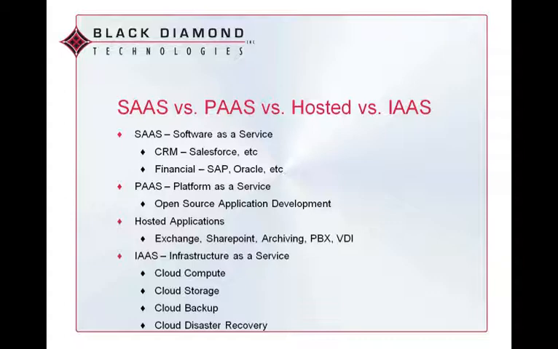a majority of the activity in cloud right now is either around hosted applications or infrastructure as a service. Hosted applications, things like Exchange, SharePoint, archiving, VDI, are wholly owned, packaged up infrastructures in the cloud for that application, whereas infrastructure as a service is really when you want to go design the exact compute piece parts, the same way that you would have designed it within your environment when you're buying hardware, software. You can design server or storage or backup or DR on a cloud provider's assets. Any quick questions?